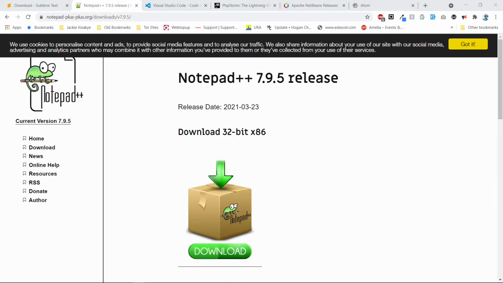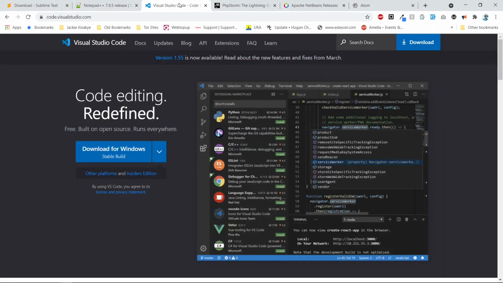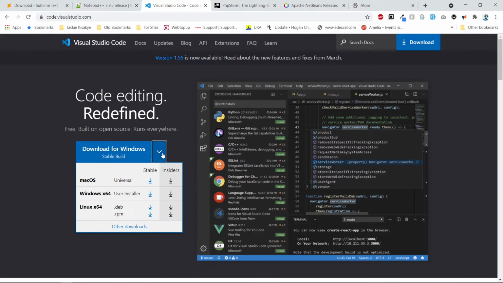Okay, that is done. And Visual Studio Code is here. If you actually want to get a version on Windows which you can install system-wide, because by default it installs into the user's account, I mean the user system, you can just come here and then choose